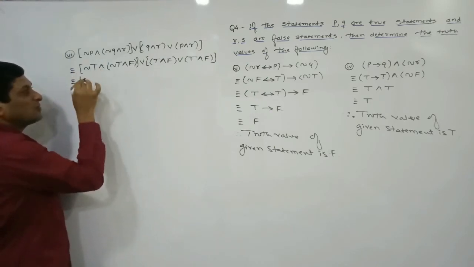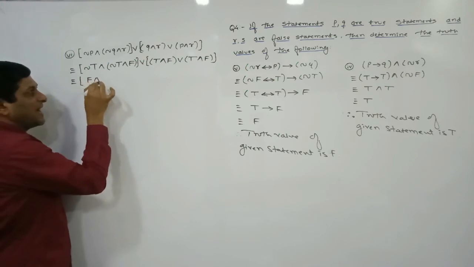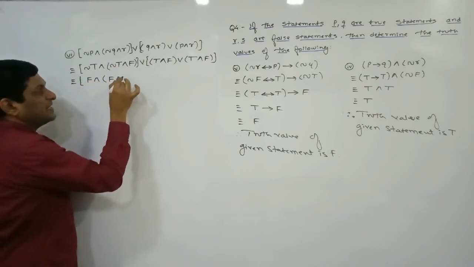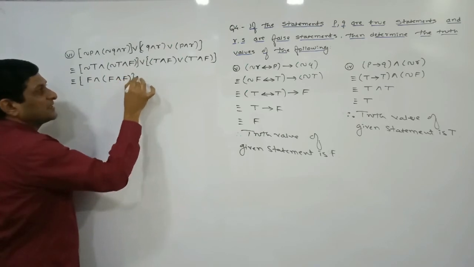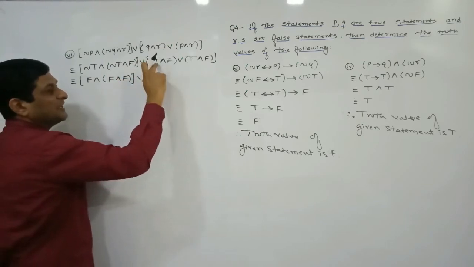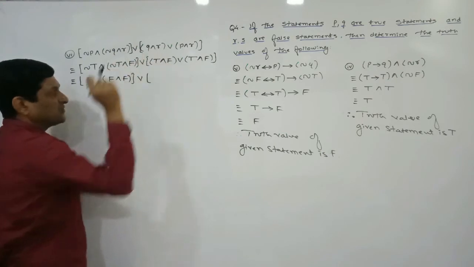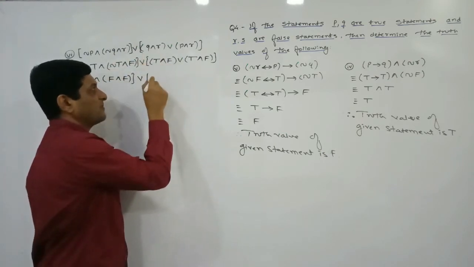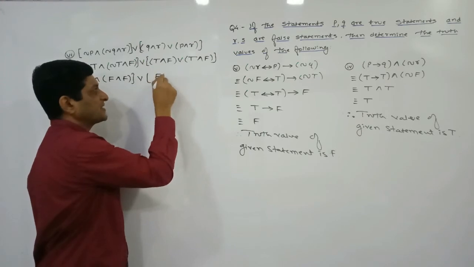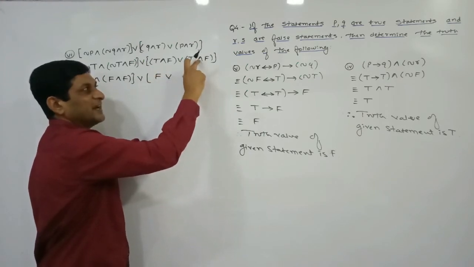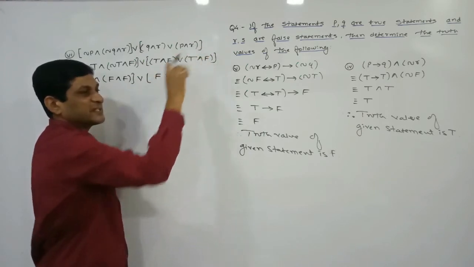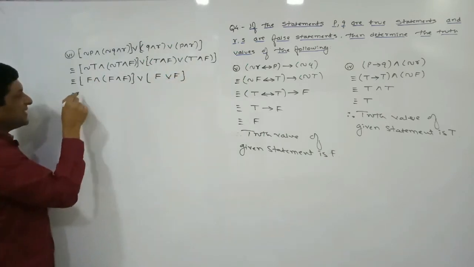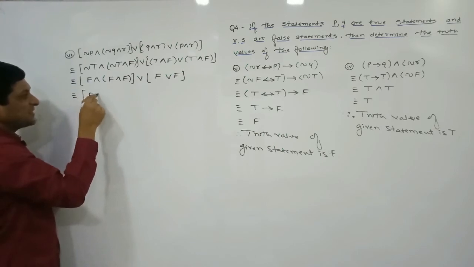Here negation of true is false, and keep it as it is. Again negation of true is what? False, and false as it is. Here in case of AND, if at least one statement is false, the truth value of AND will be false, so value of first bracket is false. Or here also AND is there, and in case of AND, if at least one statement is false, result will be what? False. Now here let us keep this F as it is and also as it is.